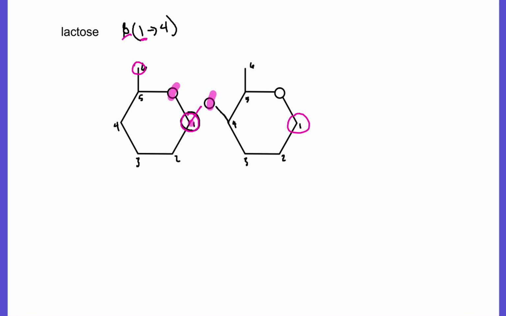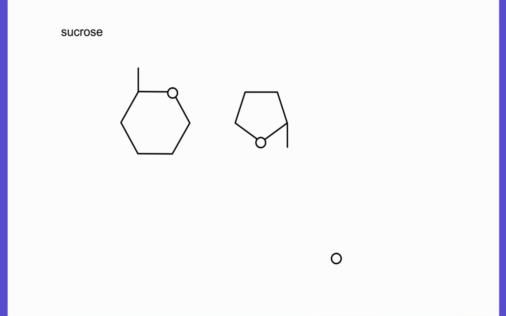So that's my lactose picture. Sucrose is a little bit different, and you have to draw this in, and it looks a little funny because that second ring is upside down. Sucrose is actually the easiest one to identify because it's got 2 rings, but one of those rings isn't a